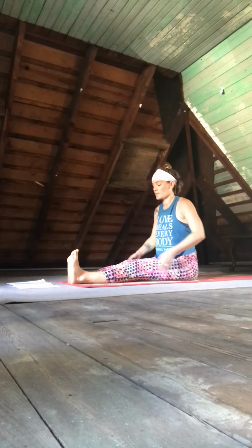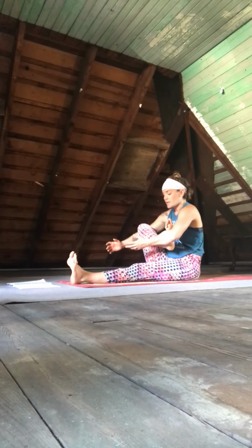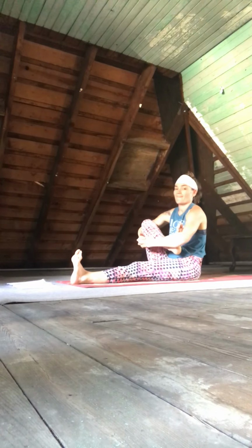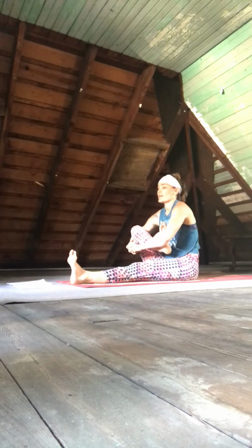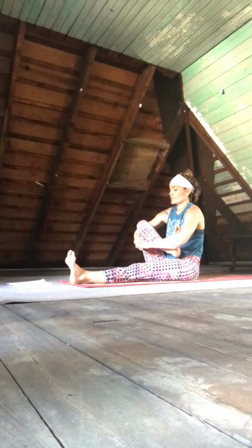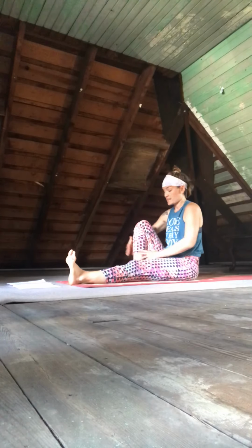And release. Hugging in your right knee, cradling your right knee, maybe you put your left foot and left elbow, and rocking back and forth. We've done a lot of great hip openers today and offering your right hip some love. Eventually placing your right foot down along your left leg, giving a couple inches of space in between so you